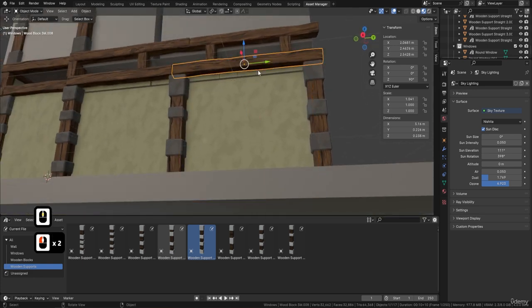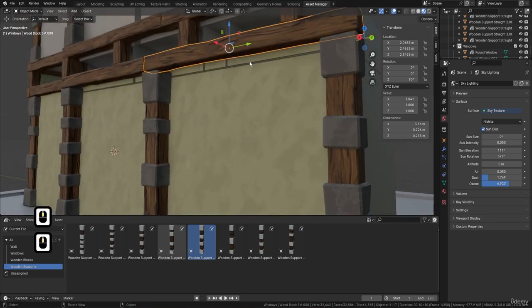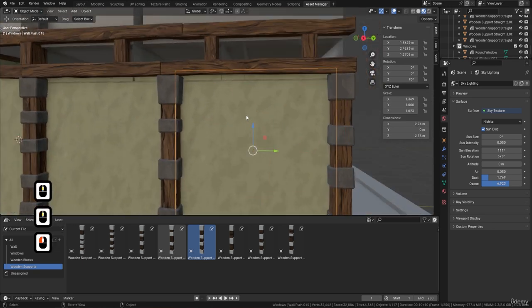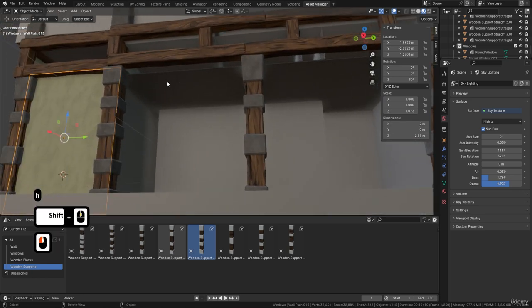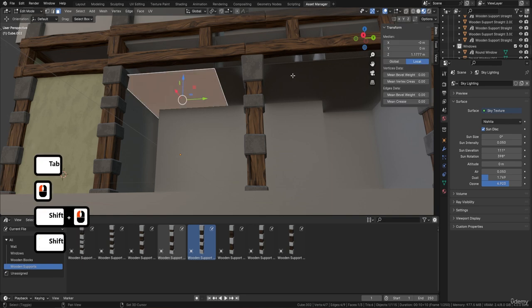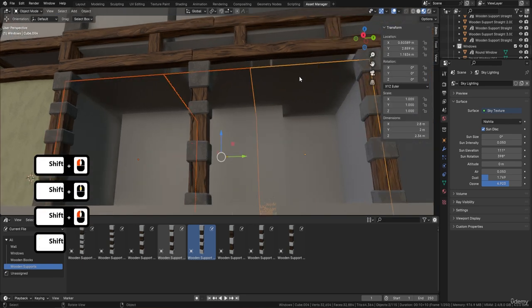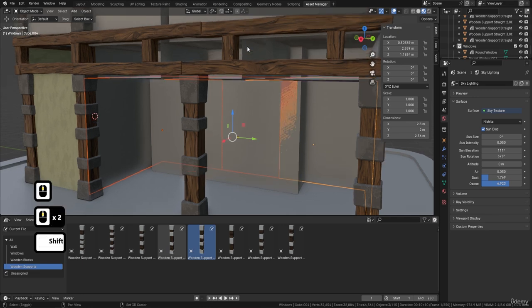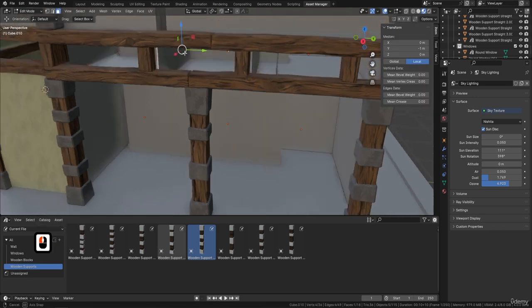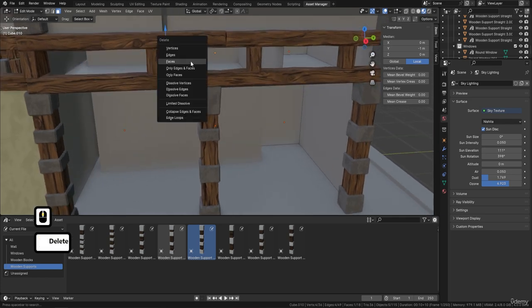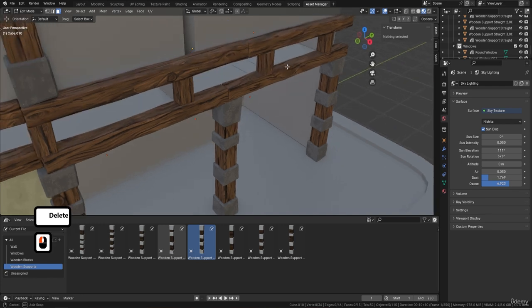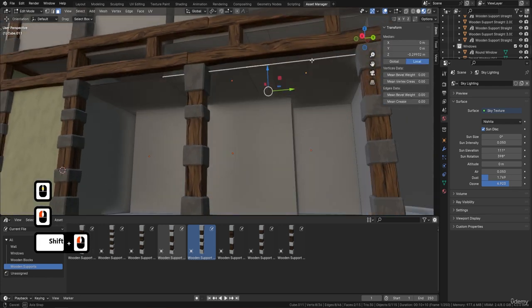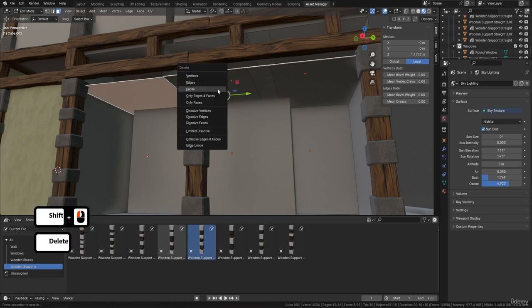Now we've also got this issue of I think this in the top, so you can see these here. So these in the top. Let's just hide our wall a minute and just look at these underneath, because I just want to get rid of those because I won't be able to see my wall properly. So I'm just going to come in. I'll grab all of these then, like so. And then what I'm going to do is I'm also going to grab all of these as well. I'm going to press Tab, and then I'm just going to come in and try and delete those faces. So delete face, can't grab that one, grab that one, delete faces, and then let's come in and grab this one and this one and this one, delete faces,